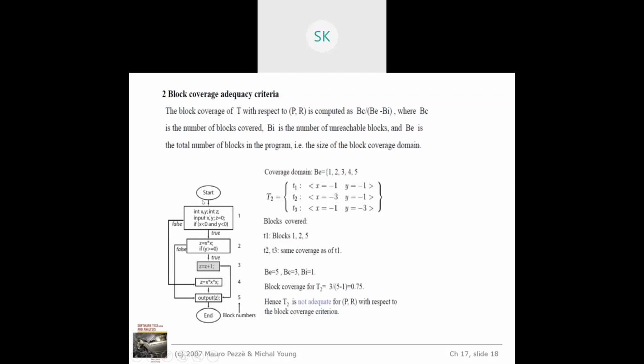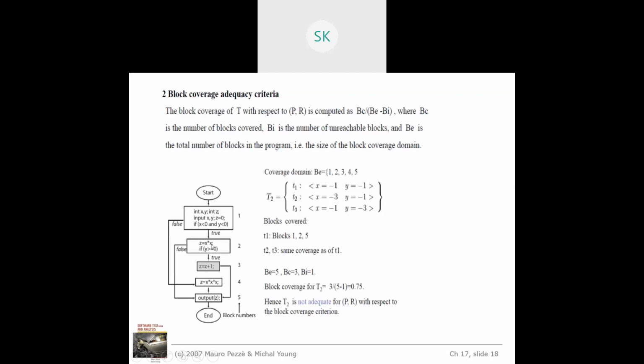The same example that I'm taking, I'm putting it in blocks. First block indicates your initialization part and the input, capturing values. All those things will be taken care of in one block. Along with this, the first if decision that you are making will be taken as one particular block. Now, if the if condition is true, the next possible statements need to be executed, right? So for that reason, we will go with one more block.